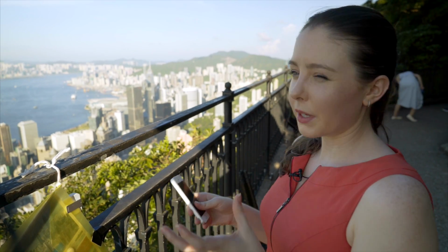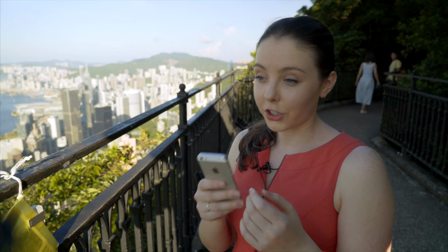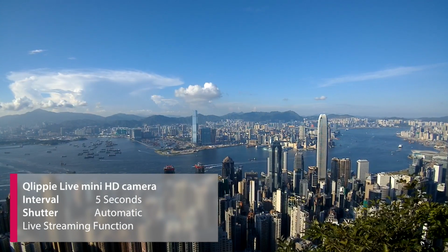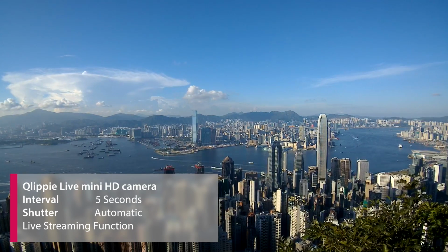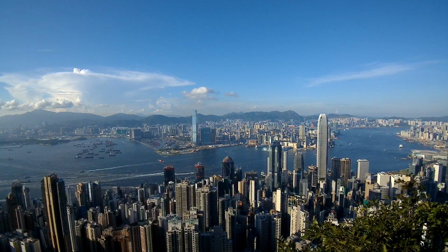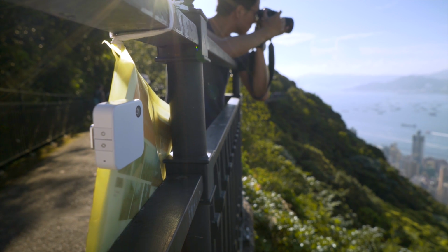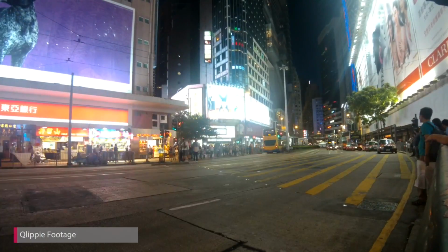It's a little bit cheaper than a GoPro and a lot cheaper than a smartphone. The quality is just about on par with the iPhone, but what really sets it apart is the fact that you have so much more freedom to clip or place it anywhere you want without the worry of dropping, losing it, and then having no way to play Pokemon. You can get incredible footage both during the day and at night,